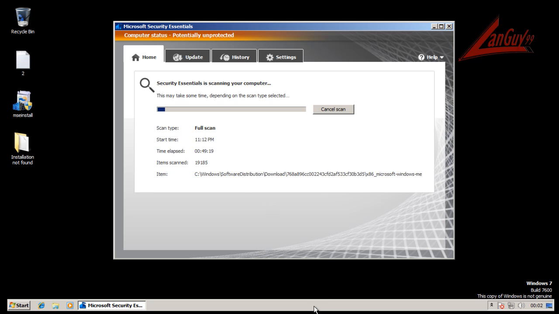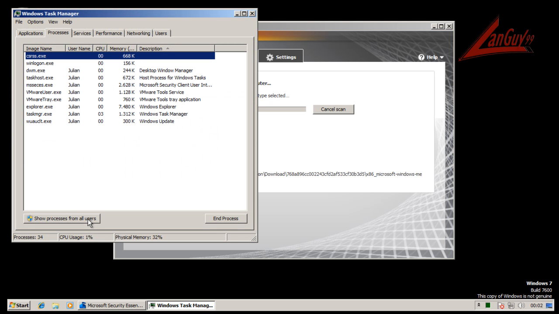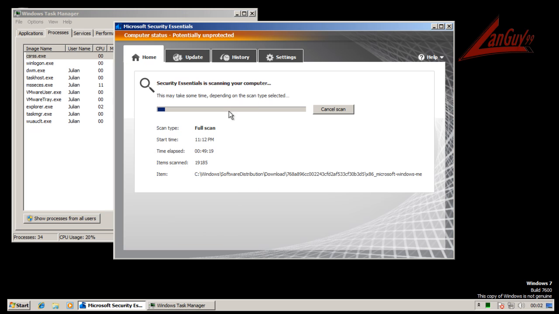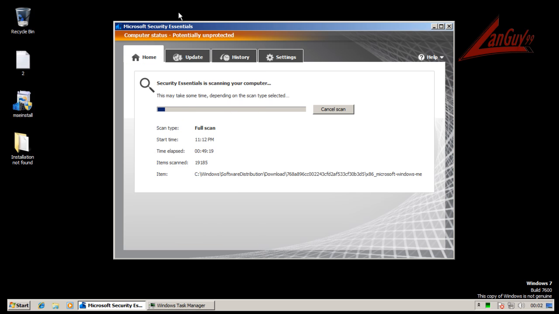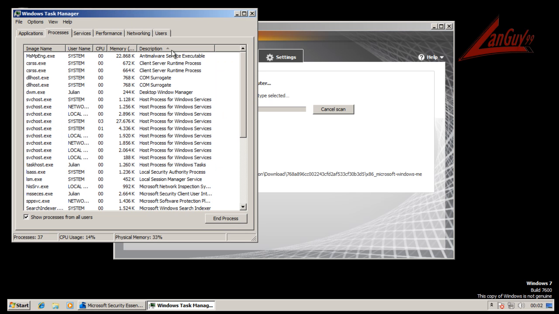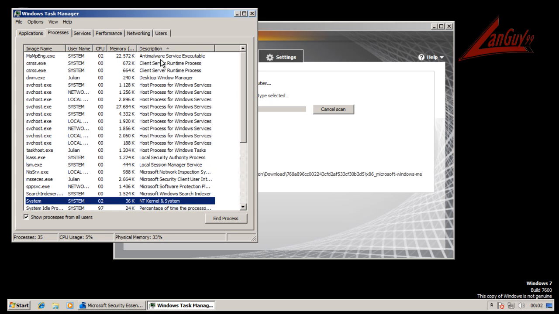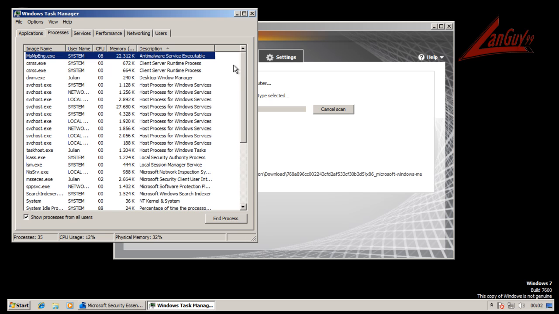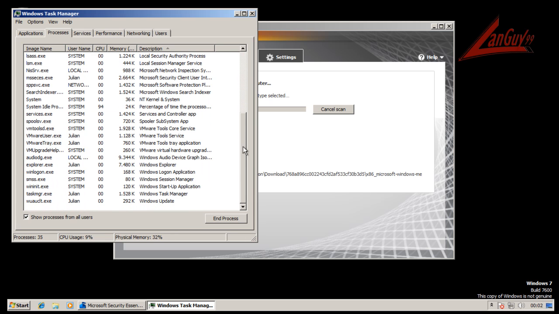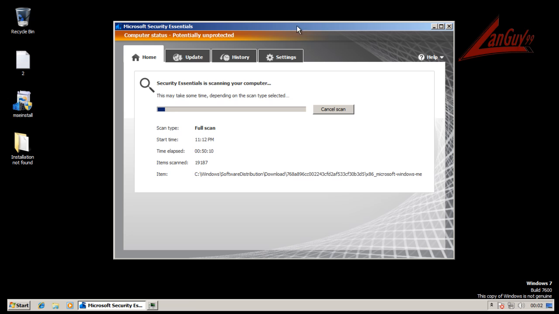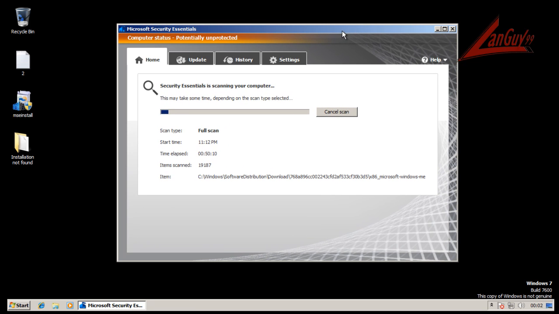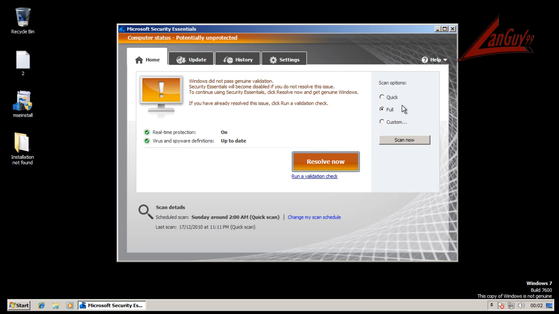I don't know what it's doing or why it's taking so long, but after 50 minutes, this is how far it's gotten, and this is really stupid and annoying on a level you can't believe right now. You can see it's just sitting there and barely doing anything. This is just getting on my nerves. So I'm going to cancel this full scan,